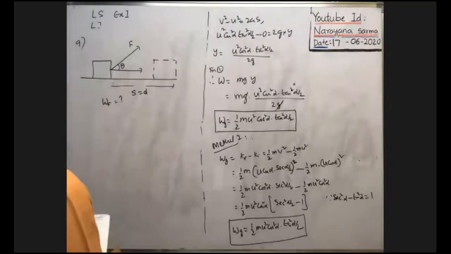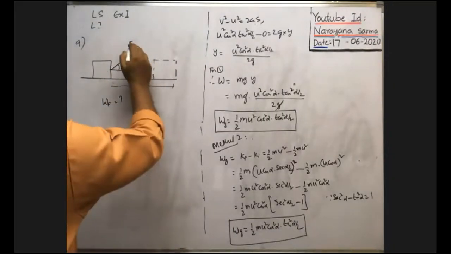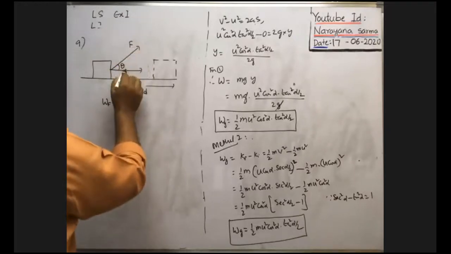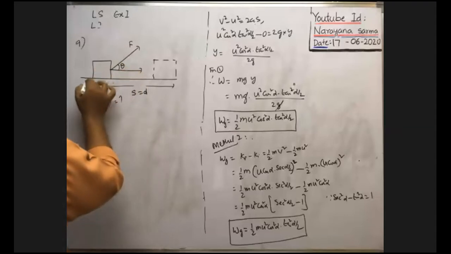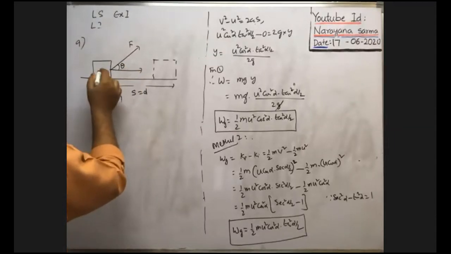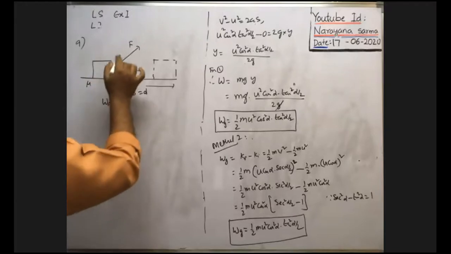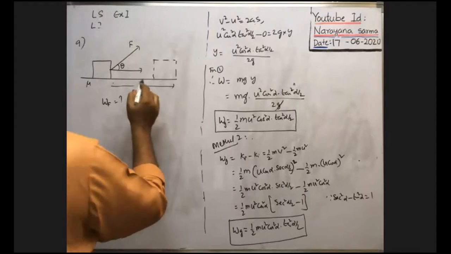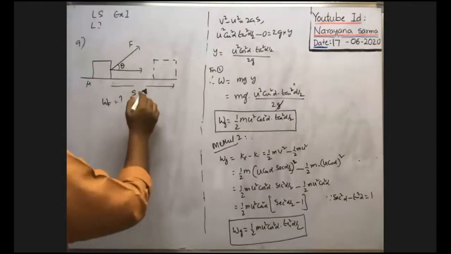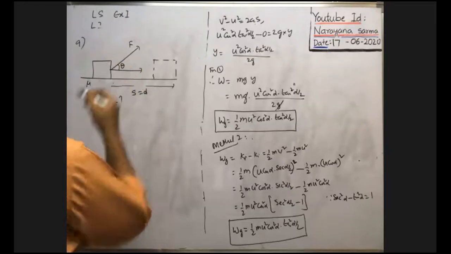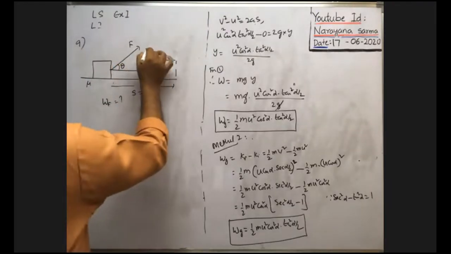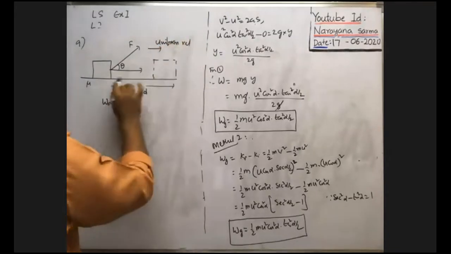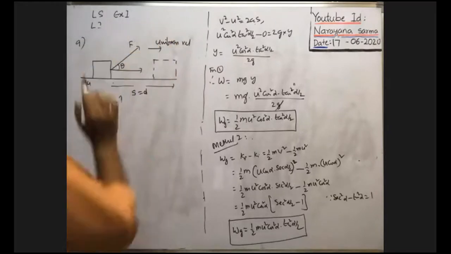Okay, we will discuss. You see, a constant force, say F, that is not given, is applied. Imagine a force F applied at an angle theta with the horizontal. The coefficient of friction between the block and the horizontal surface is given. Because of this applied force, the block is displaced through a distance d. What is the work done by the applied force, they asked. Here the body travels with uniform velocity, that is an important condition. The body is displaced through a distance d with uniform velocity, that is very, very important.